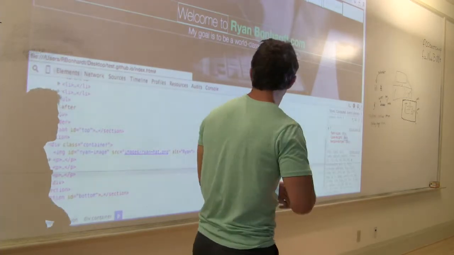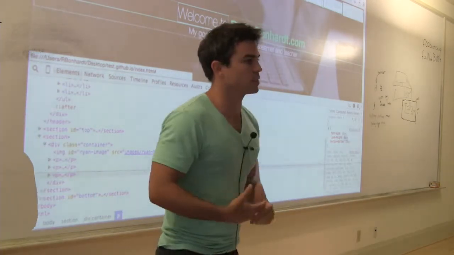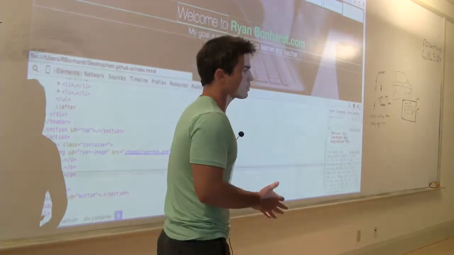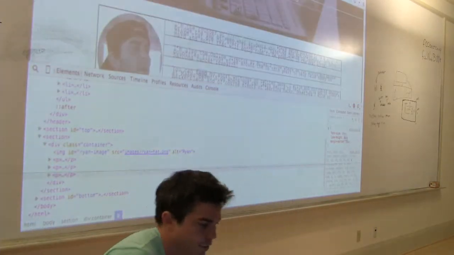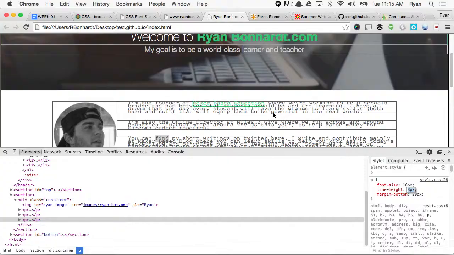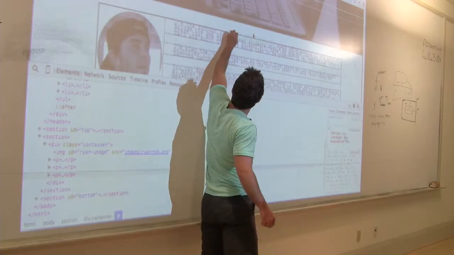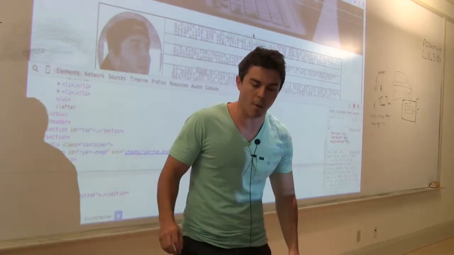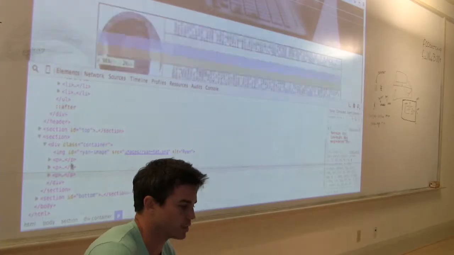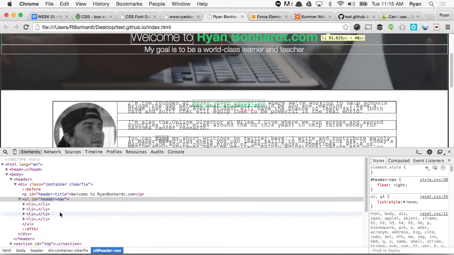Okay, so the inline elements, they can overlap each other. Let me go back through and show you the difference live there. Those inline elements, so this link right here is an inline element, right? See how it's overlapping outside of that box? Now, in order to get these list items to push down here,